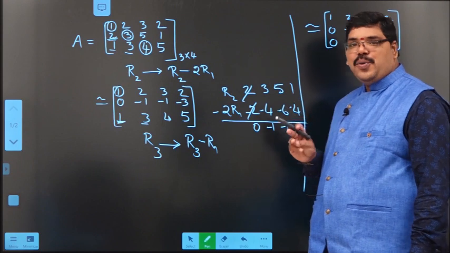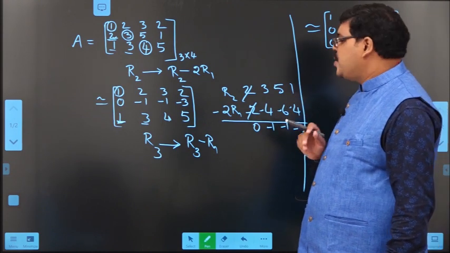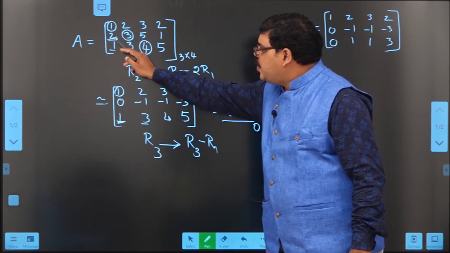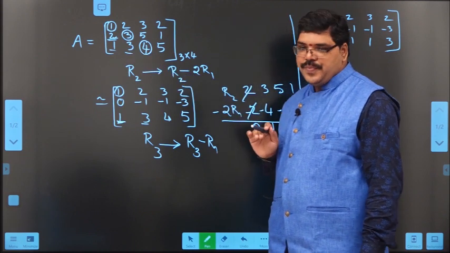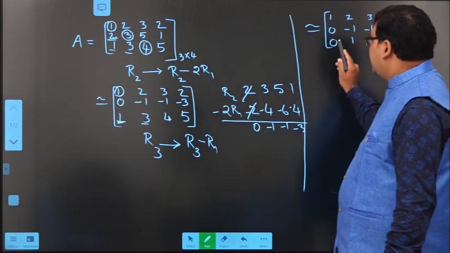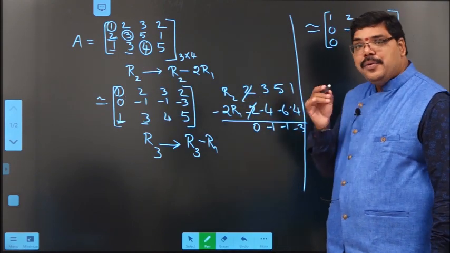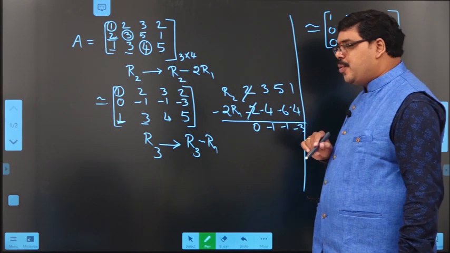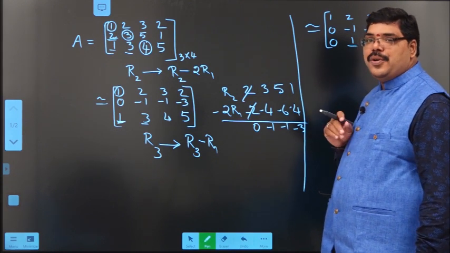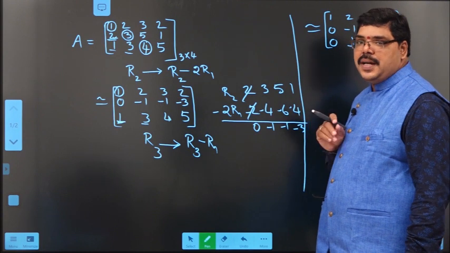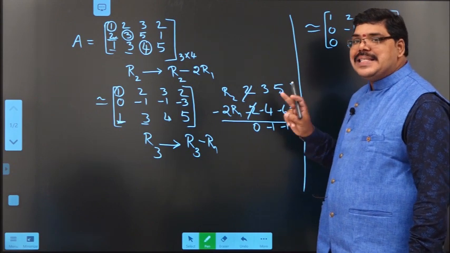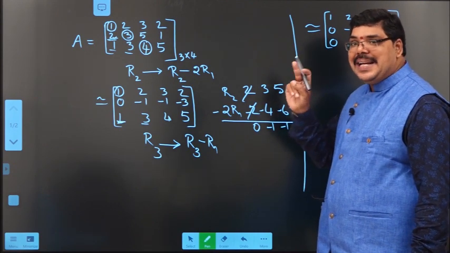So, after applying two row operations, we have converted two elements into zeros. So, this is the actual matrix. In this, we want to convert the elements below the principal diagonal into zeros. In this task, this became 0 here, this element became 0 here. So, again we have to change one more element into 0. To convert this into 0, you have to check the position of this element. It is in the second position. Yes. So, when it is in the second position, you have to use the second diagonal element.